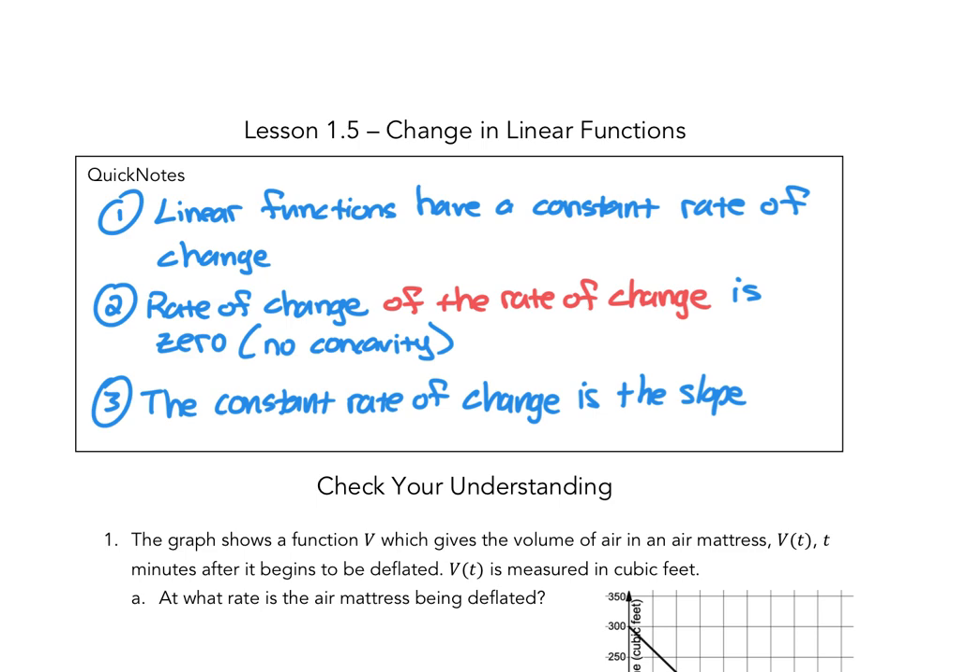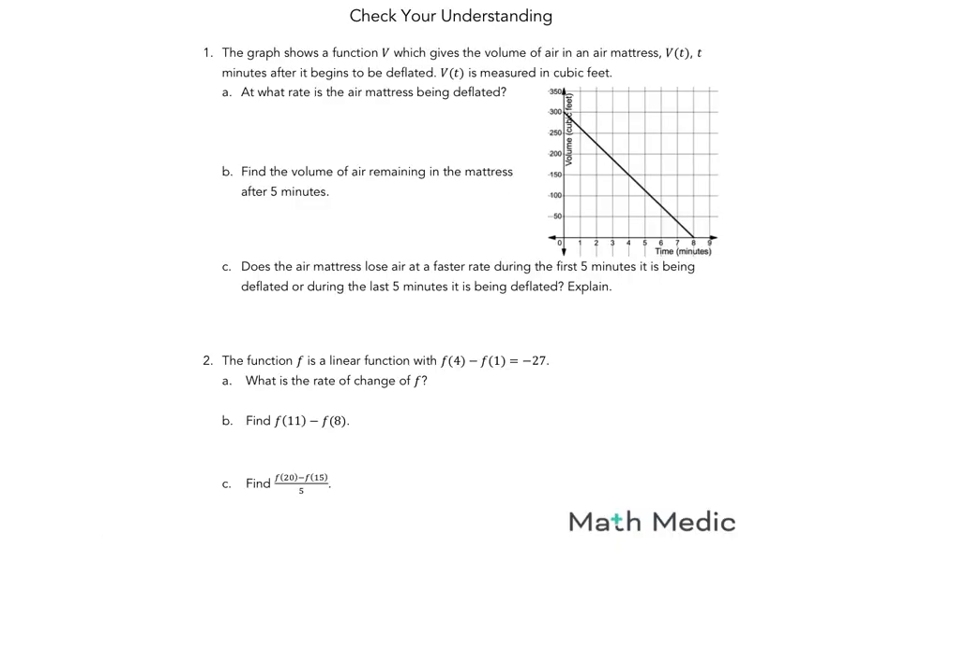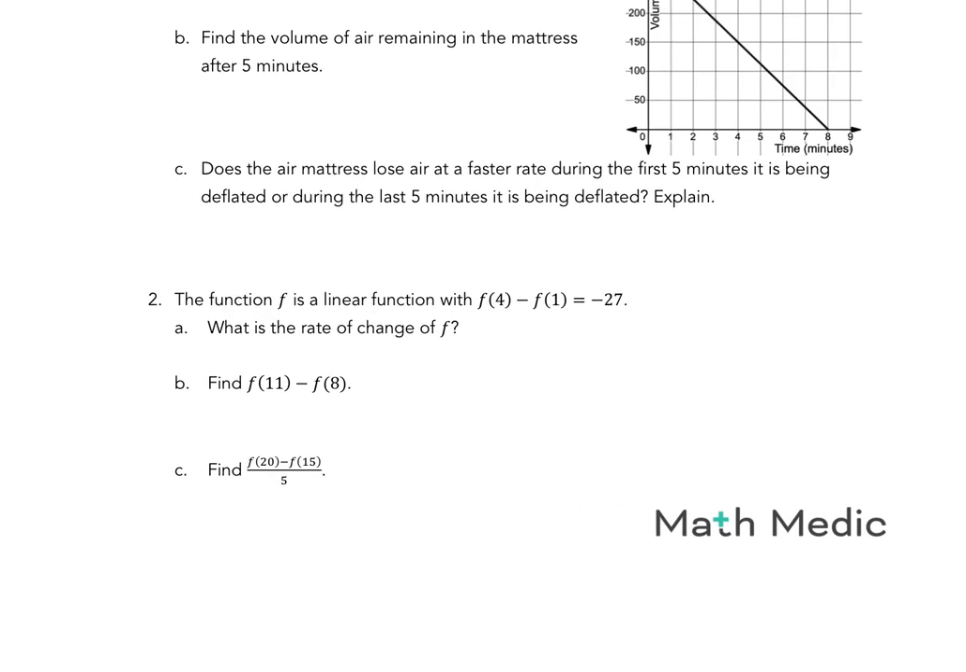So anytime you're talking about rate of change with anything linear, that rate of change is just going to be the value of the slope. Then similar to the first set, do these check your understandings, check the answers in Canvas, make sure you understand them, and then you can move on to the Delta Math. But I wanted to highlight number 2